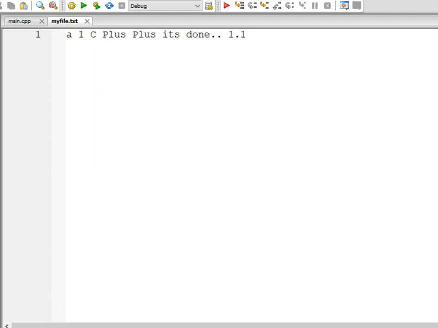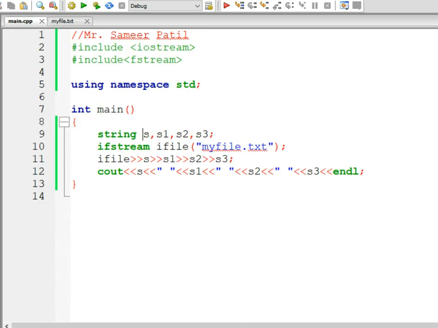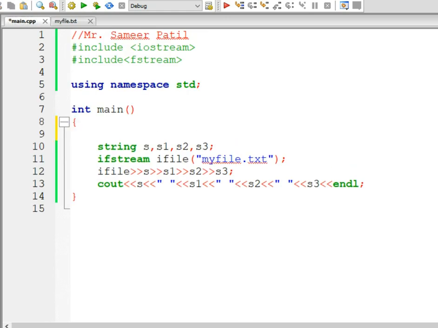We can use an integer data type for reading 1 because 1 can be represented by a number. So we can use integer data type for reading 1 from the file. Let's say int number, and now while reading the second string s1, instead of using a string type we will use number. While displaying also, instead of s1 let's use number. Let's compile. So program compiled, let's execute.